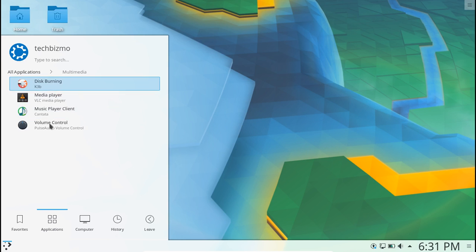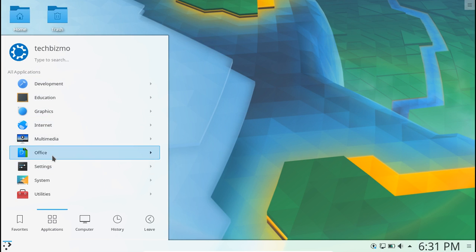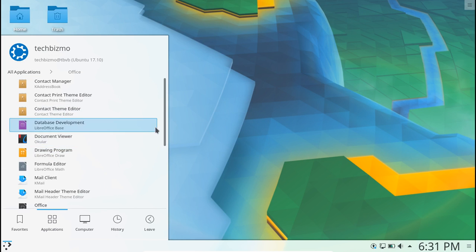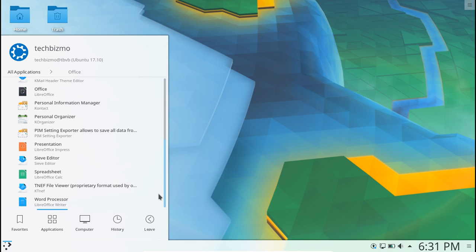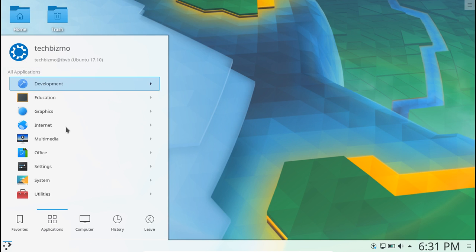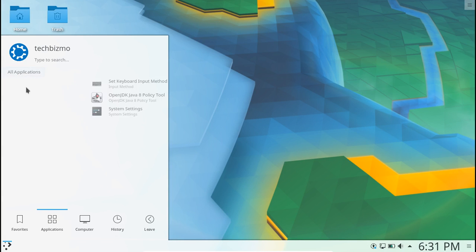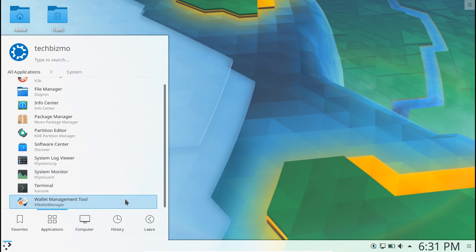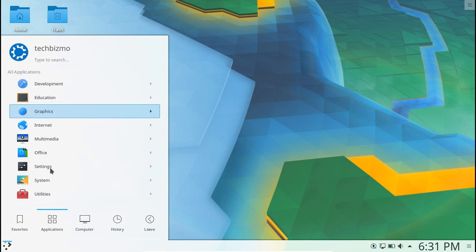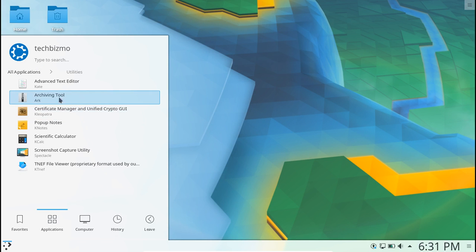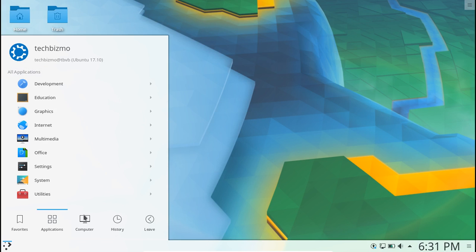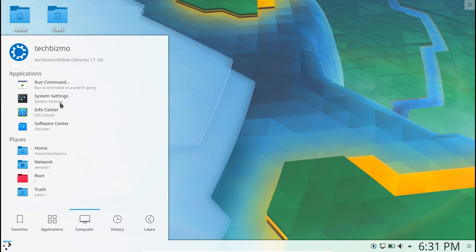Here is in multimedia. Here is in office. We've got that right there. Go ahead and pause that and read it if you need to. We've got settings, system, and utilities. So yeah, there are all the applications there, and in the computer right here, we have stuff like